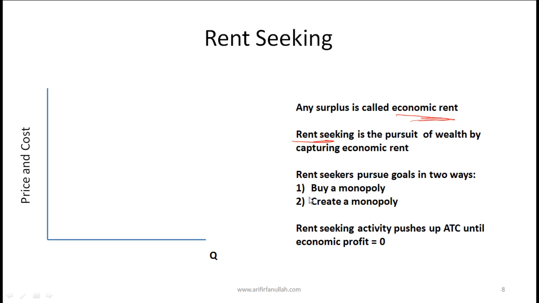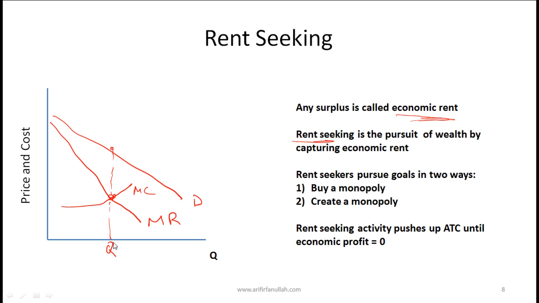Now let's try to just sketch this very quickly. If this is the demand curve, this is, let's say, marginal revenue, and this is marginal cost. The quantity at which profit will be maximized is shown by this quantity Q over here. And what's the price? The price is this price P. What are the profits? Profits are then determined by the average,